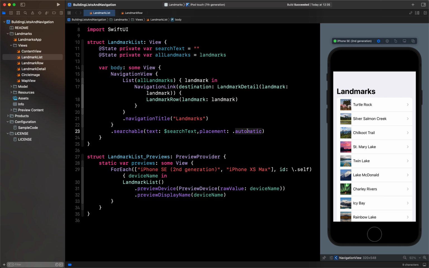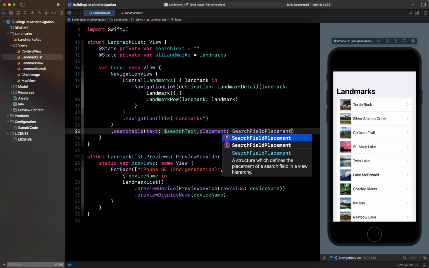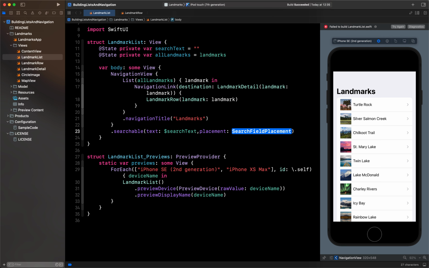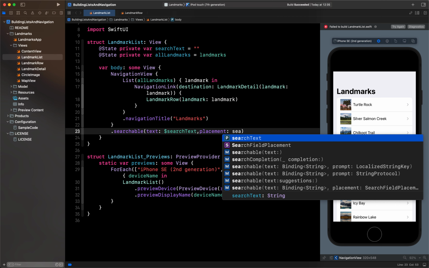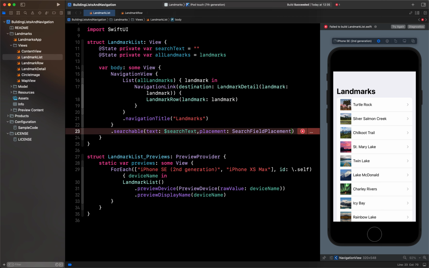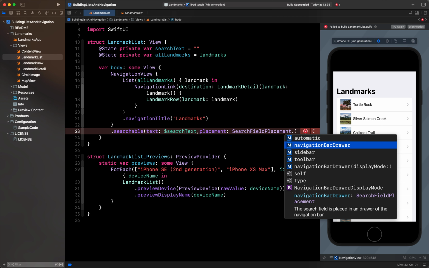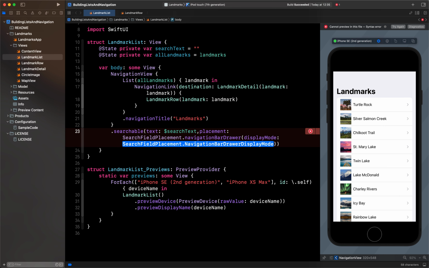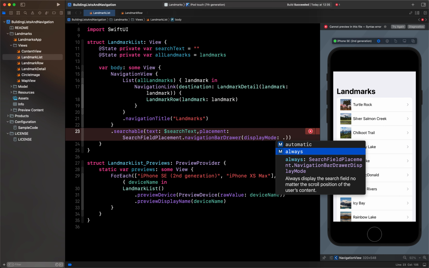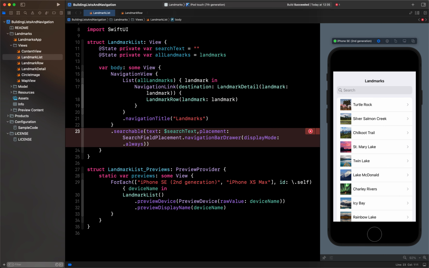But if you want it to stay always there, what you can do is say searchFieldPlacement .navigationBarDrawer, and inside this you have displayMode where you have to say .always, which will make sure that it is displayed always.